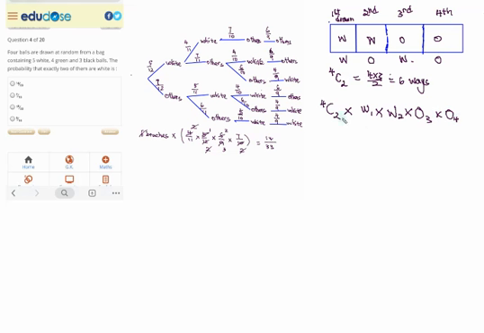Now 4C3, this is 1 way. Then you could have the second way would be W1 times,